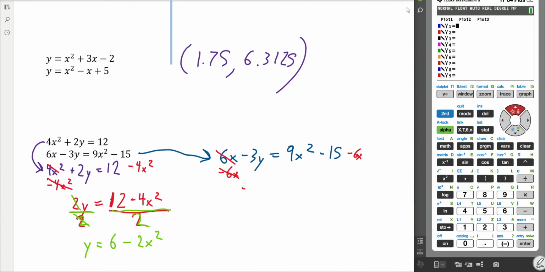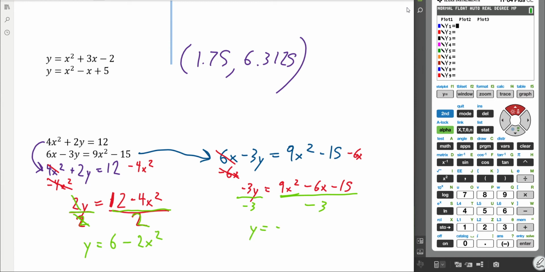All right, so now we're left with negative 3y equals 9x squared minus 6x minus 15. I like to write it that way just because it makes more sense to me. If I rearrange the order, it doesn't really matter because we're plugging in our calculator. But anyways, we're going to divide by negative 3 on all sides so that we're left with y equals